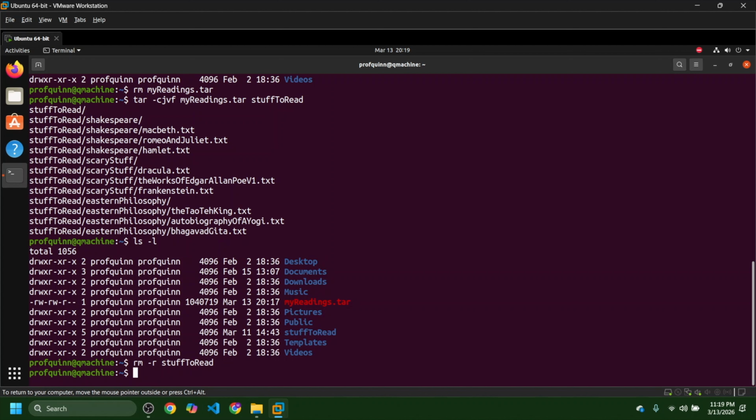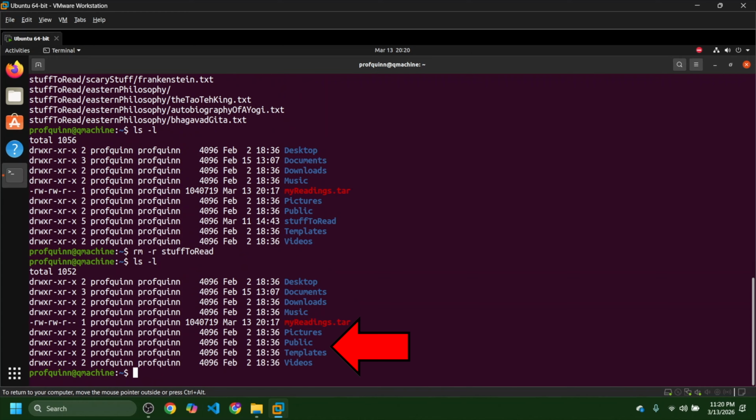Then I'll check that the directory is gone with ls -l. And you'll see that there's no more stuff to read. I still have the compressed tar file, but no directory. Let's recreate the folder by extracting the tar file. I'm in the directory where I want to extract my file, so I'll type the command